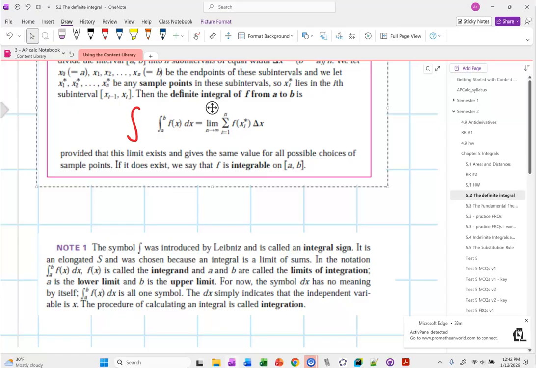The a and the b are the limits of integration. That's talking about where we're starting our area calculation and where we're ending our area calculation. And then the dx at the end is just telling us the variable that we're using to integrate over. So it's with respect to x, much in the same way that when we took a derivative, we did d dx,